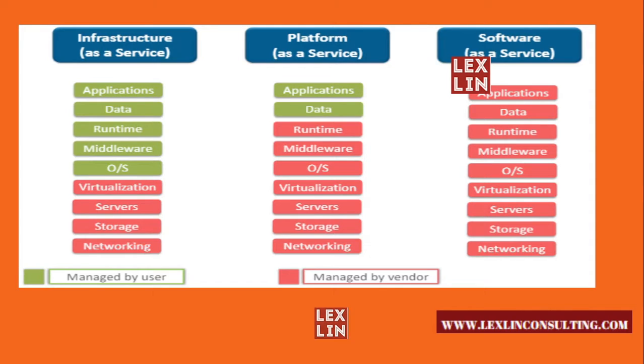Of course, to further explain this point, understanding the difference between infrastructure as a service, platform as a service, and software as a service, this is a pretty good diagram that kind of explains. So everything in green is managed by you. In infrastructure as a service, IaaS, you are managing your applications, the data, the runtime, the middleware, the OS. Everything else is managed by the vendor: virtualization, the servers, the storage, the networking. With platform as a service, you have your applications and your data. That's what you're managing, and everything else is managed by the vendor.